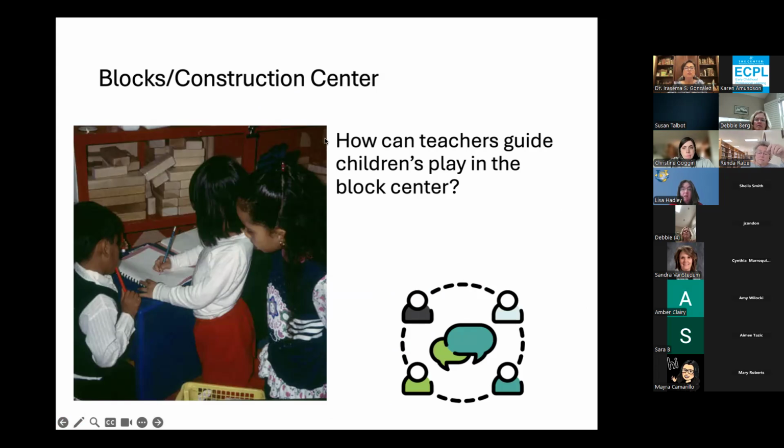Very nice. How tall? Focus on the tall. How tall is your structure, your building? I love those words. Building, community. How can you guide? Counting, offering them other things to add, focusing on the shapes, talking about what they're building,